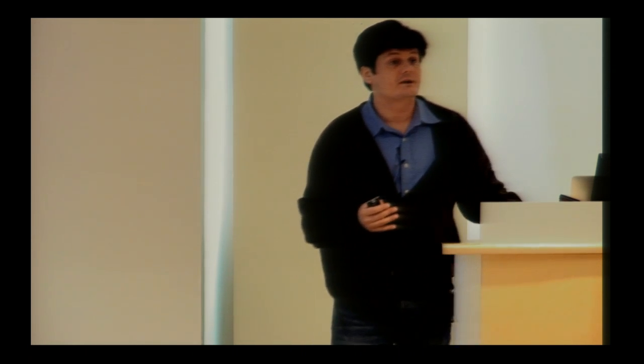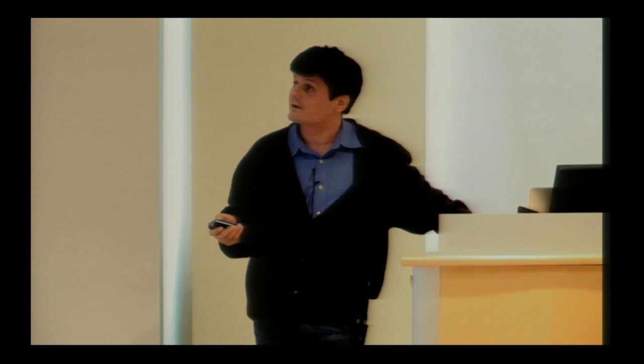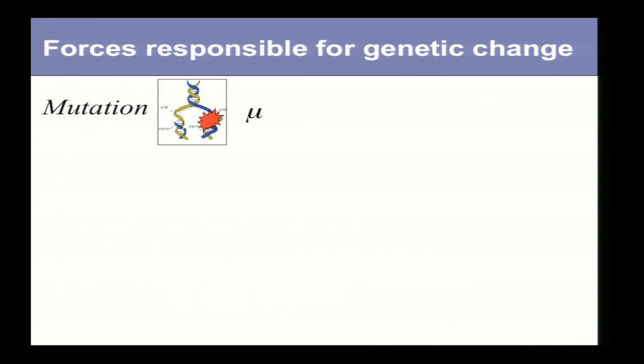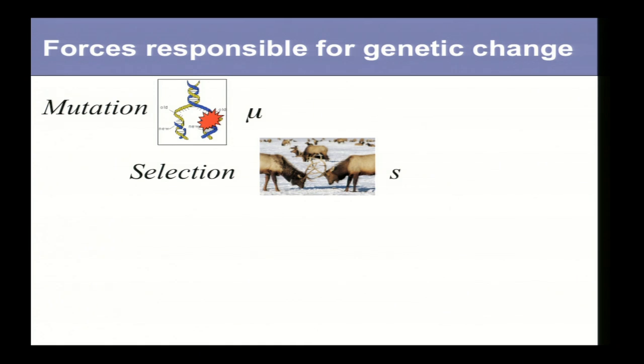Okay, so this brings us to very basic forces which shape human genetic variation. And Chris, does it make sense to go through mutation and selection and drift, just to remind people what it is? I hope I will have some time to go through actually the meat of my talk on annotation and variants. So one force is incoming mutation, and we have to estimate mutation rate to see if continuous influx of mutation can actually maintain stable variation.